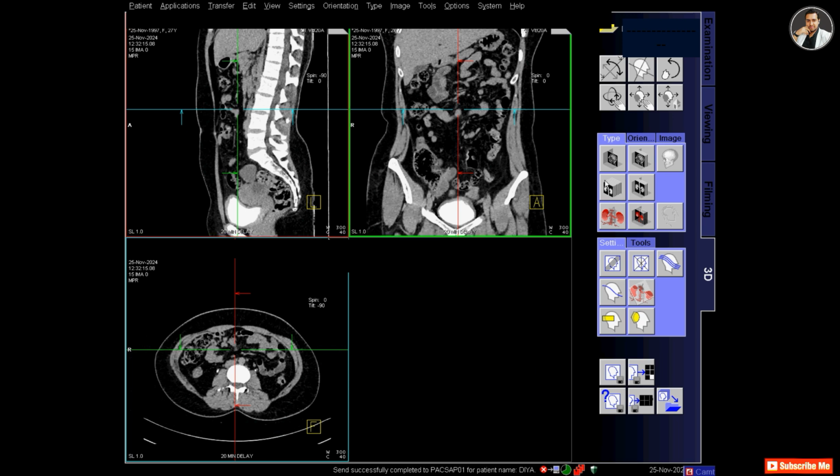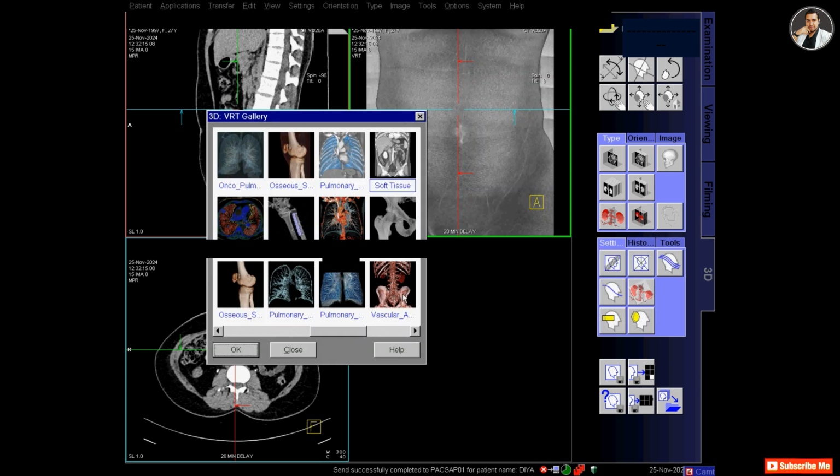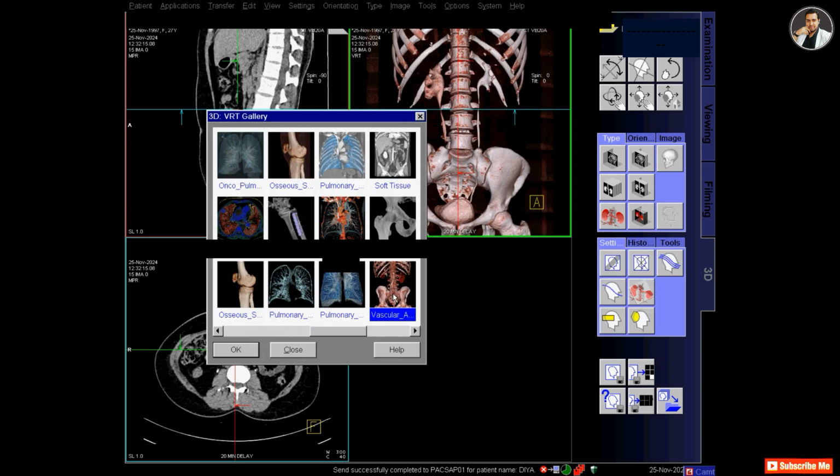Take the 20-minute scan to the 3D, and from the BRT gallery I'm selecting vascular.